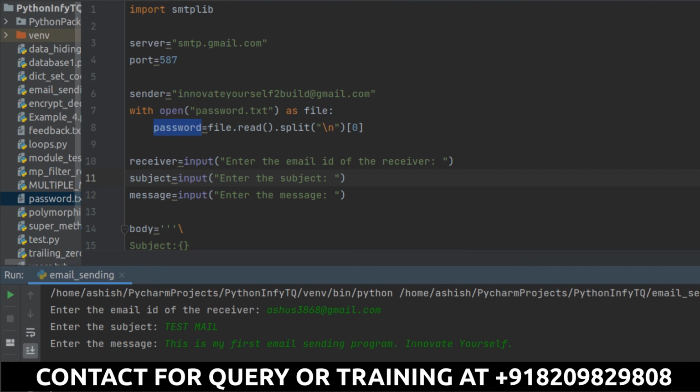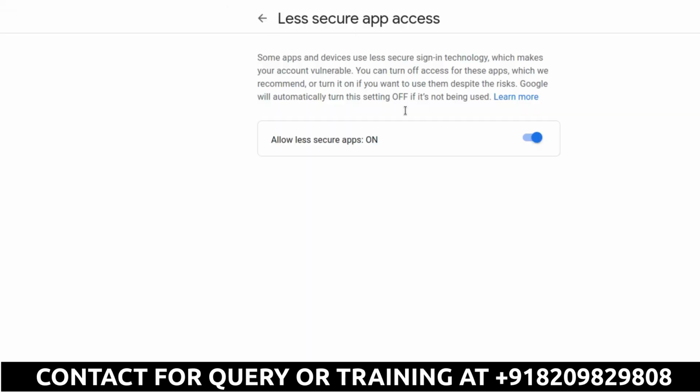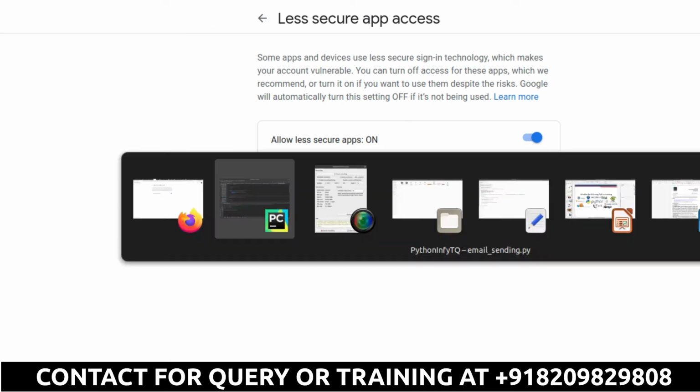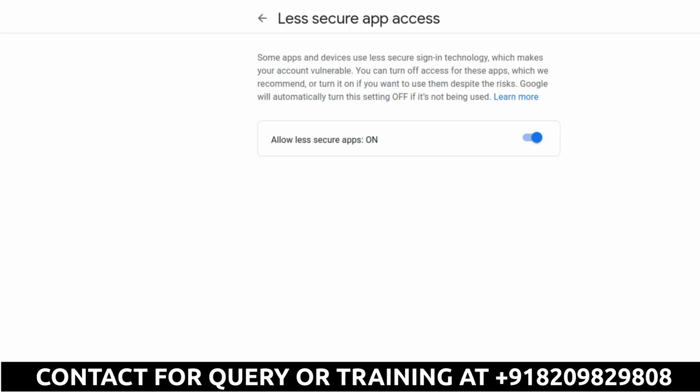Alright, so you can see I didn't get any error. And why I have asked you to change this part is just because if you do not change this, it will generate an error, and currently I'm not getting any error. That means everything is a success and I have sent the email successfully. So this is the way I have done that. And now you can go to your email ID and check whether you have got the mail or not. So let me just go and check it.